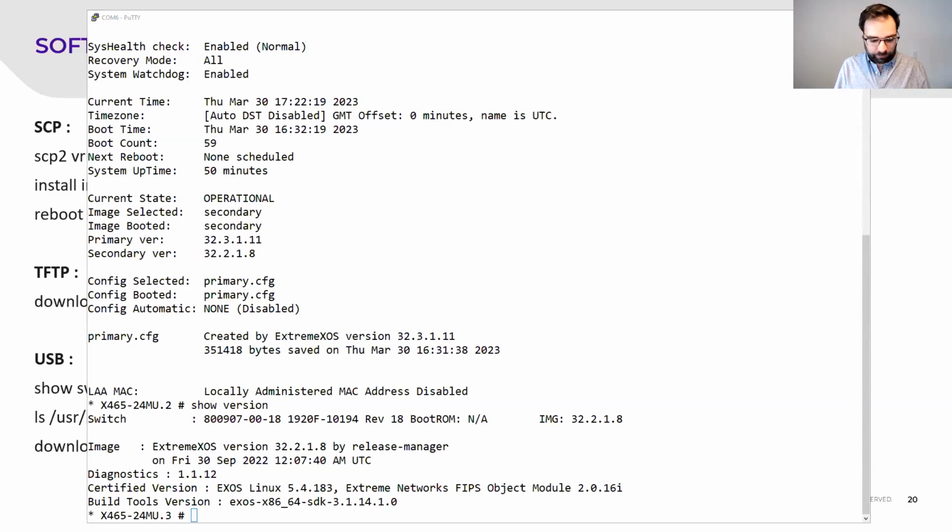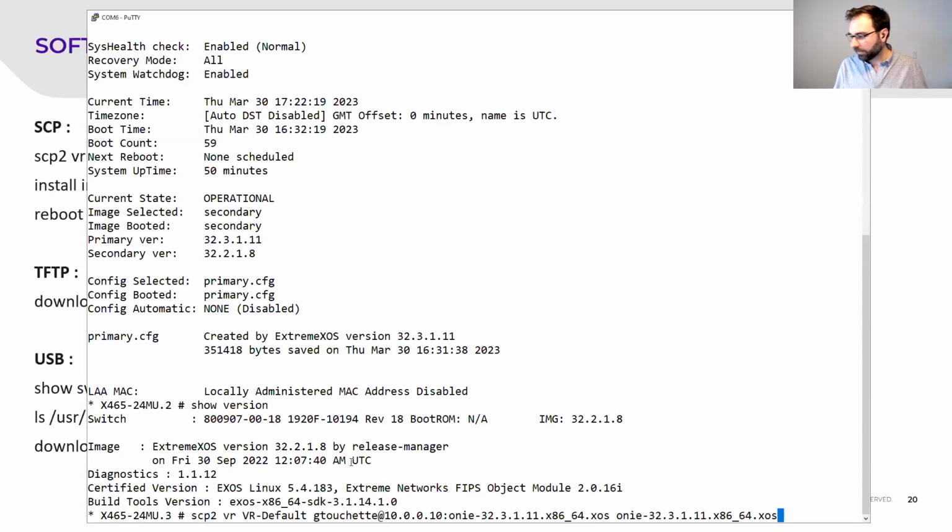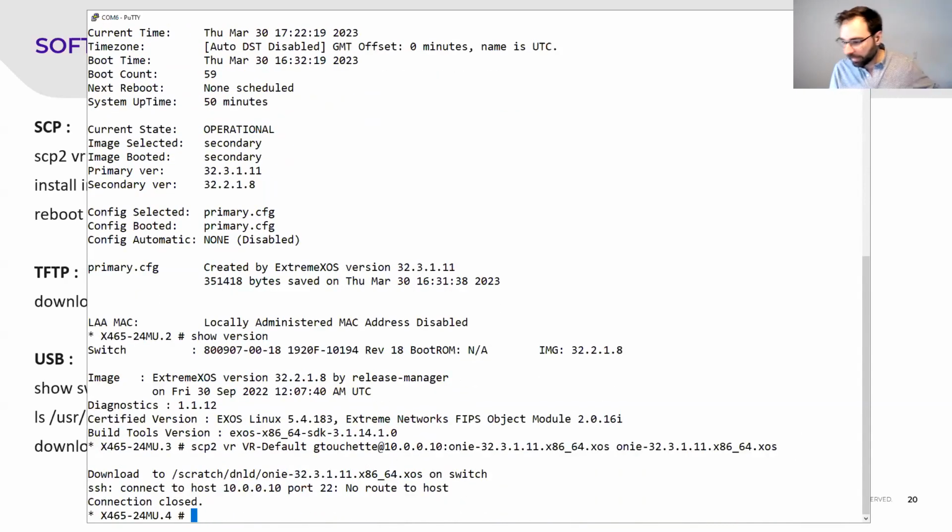If I put the command here without entering it, on that command I've put a few more arguments just to show you. You can, for example, specify in which VR the SCP server is residing. Then we set our username for the server, because with SCP there is authentication. Then the IP of the server, the file name on the server, and the file name that we want to save locally. So if we hit that,